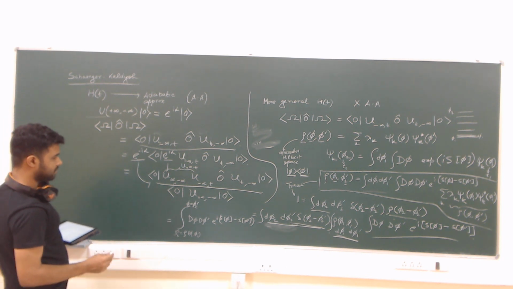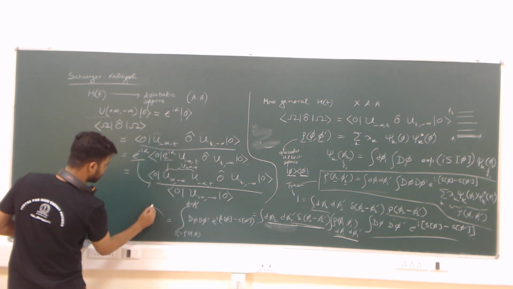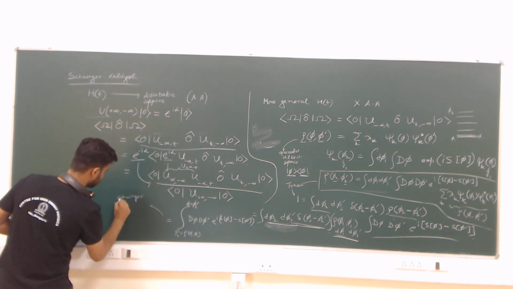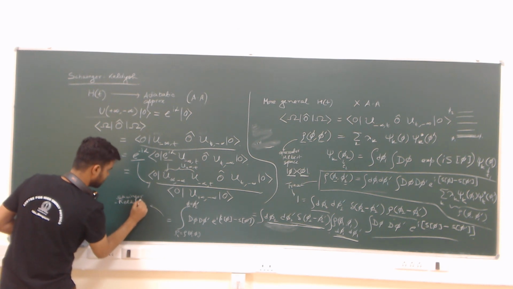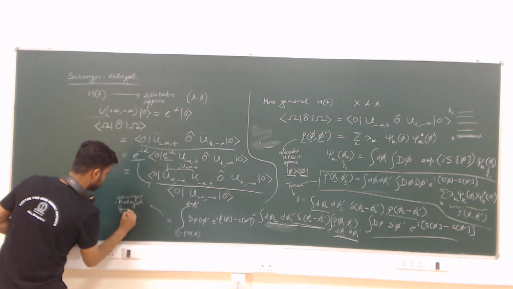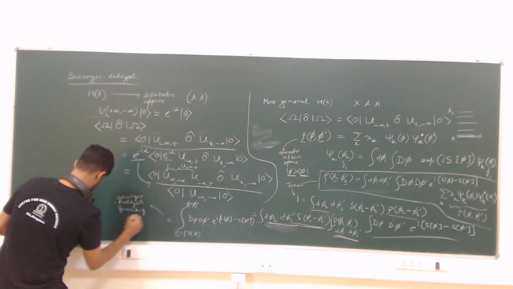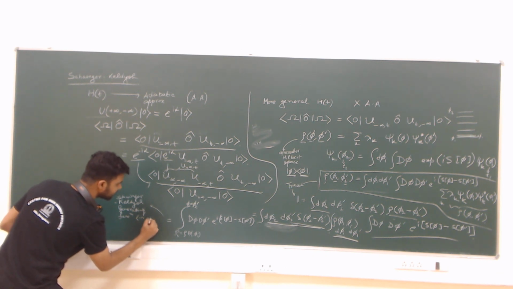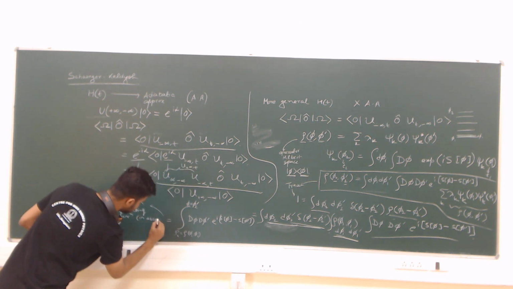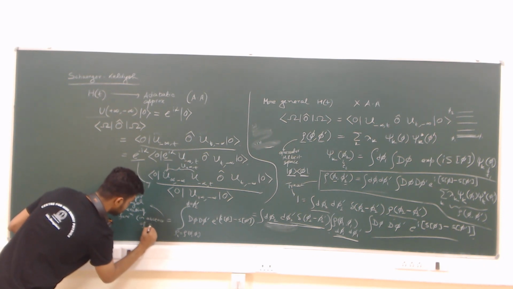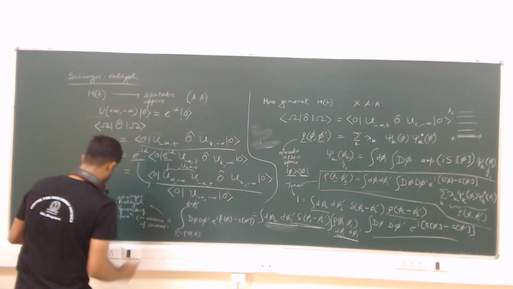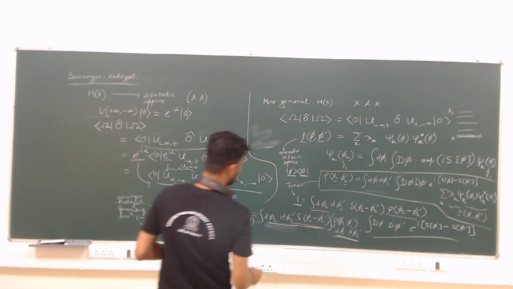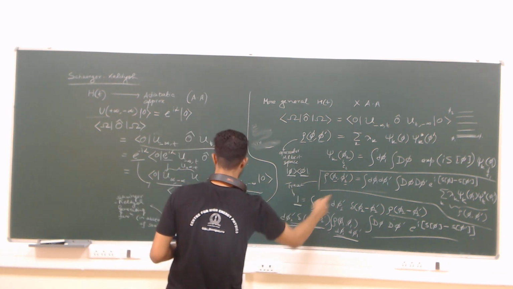So this is what is called the Schwinger-Keldysh generating function. But this is again in the absence of forces. I haven't taken the action itself. I haven't taken any further forces. And in the absence of sources, this is unity,